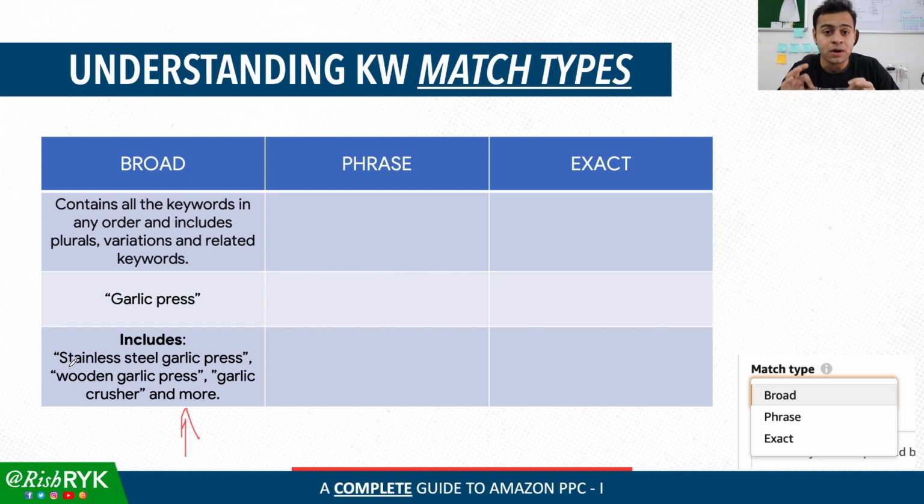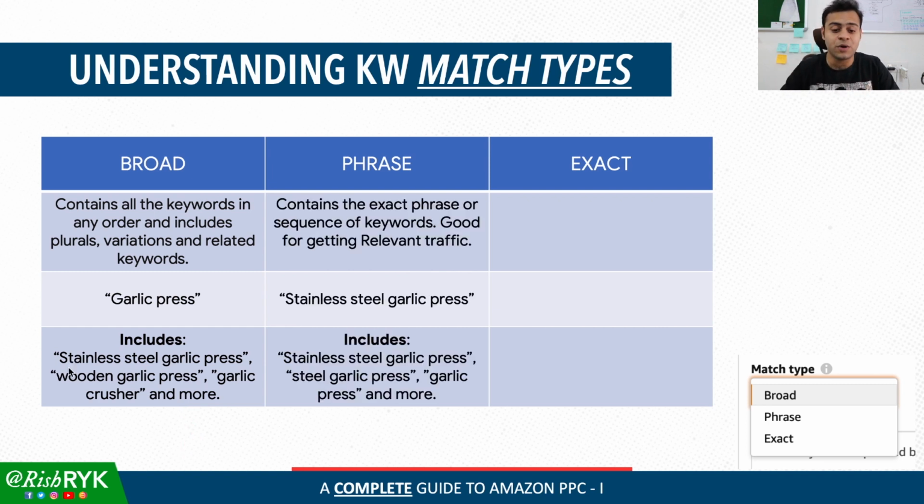So that is what broad match type means. Now let's look at what phrase means. Phrase contains the exact phrase or sequence of keywords. This is very good for getting relevant traffic to your listing. For example, if your keyword was stainless steel garlic press and your match type was set to phrase, then your product would show up for all of these keywords: stainless steel garlic press,